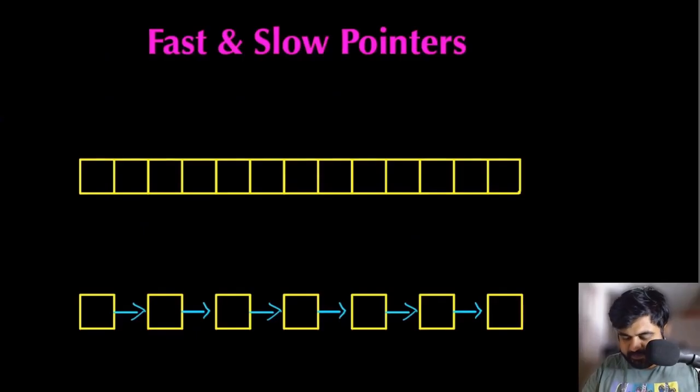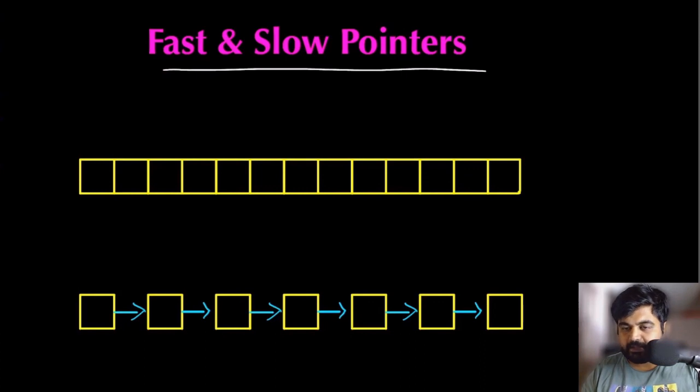Hello friends, so in this video we are going to learn about fast and slow pointers. This is a really popular coding pattern technique that is used in a specific type of problem. This is also known as a rabbit and a tortoise problem, or hare and a tortoise problem. In this method, basically we use fast and slow pointers to move across any array or any linked list.